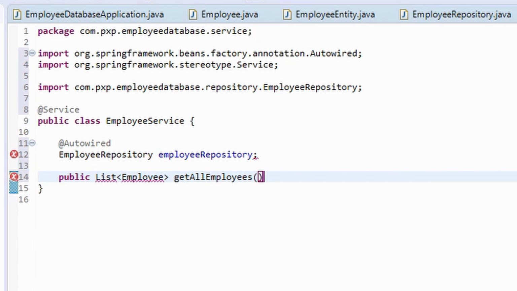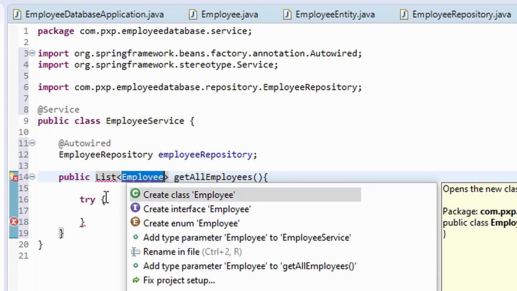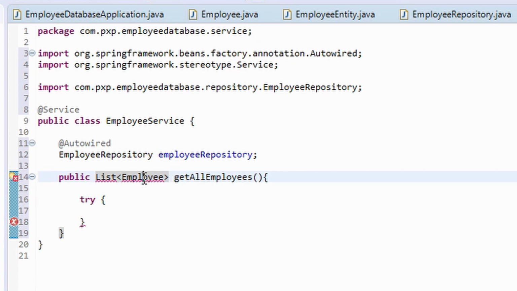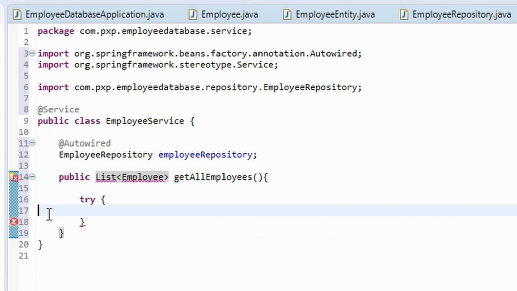And we are defining a method. This method will return a list of employees, and the name of the method is getAllEmployee. Within a try catch block, we will go ahead and write code to get all the employees from the database. We're trying to import Employee and List, but for some reason STS is not suggesting the default import.